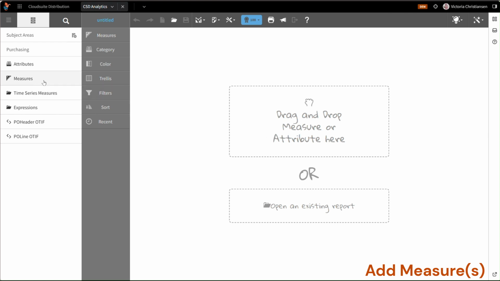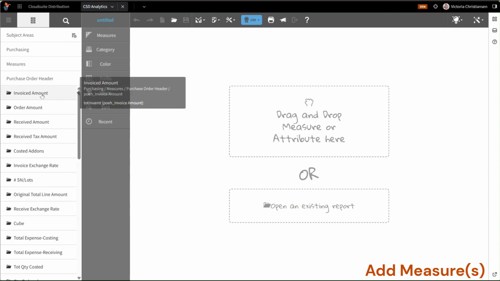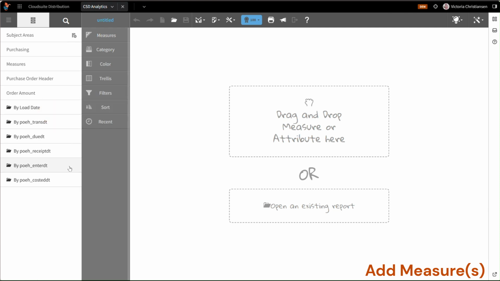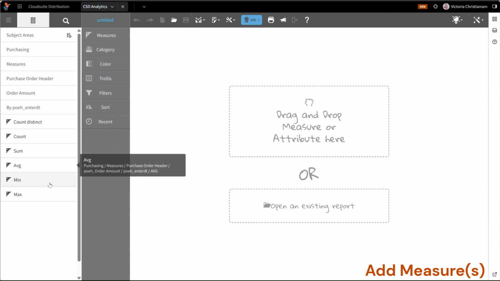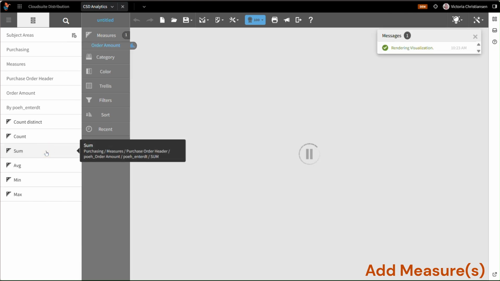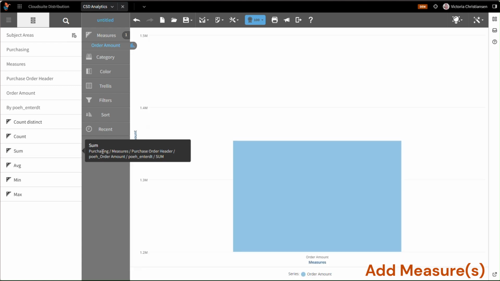The first thing we add is our measures. Select Measures. And then from our list, we're going to select Header. From the list of choices, we're going to select our ordered amount, and then we're going to select Entered. From here, select Sum. Notice that when we add our sum, it tells us that we're selecting it from our